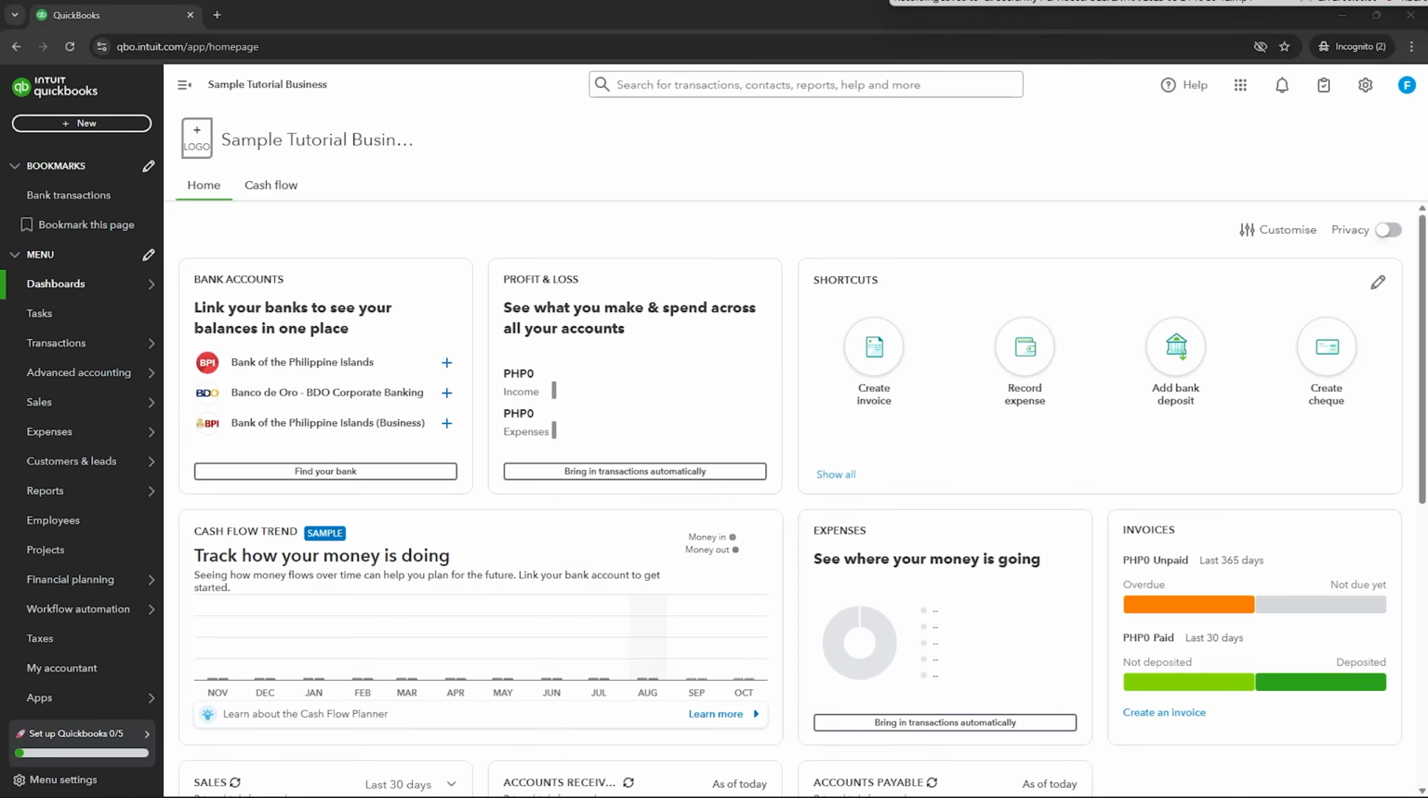In today's video, I'll show you how you can run a fixed asset register in QuickBooks Online. So let's get started. So here we are in QuickBooks, and from here what you want to do is that